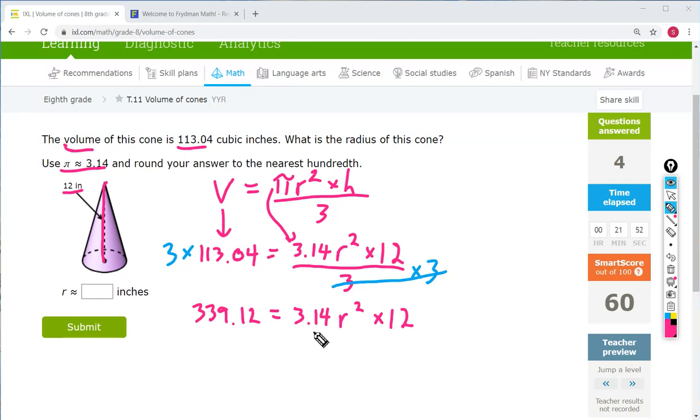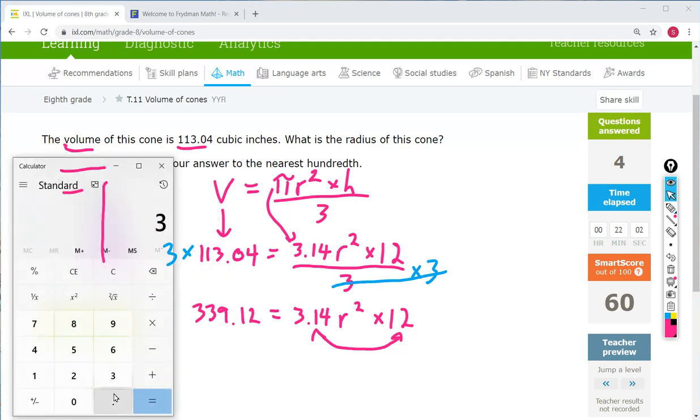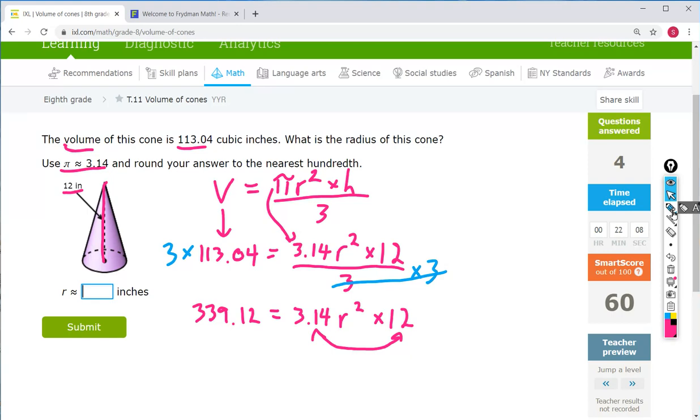Or what you can do, like I did in the last problem, and which I'll do again, is you can multiply these two things together. So do 3.14 times 12. And then you don't have to do anything on the other side just yet. That's 37.68. So we'll write this as 37.68 r squared equals